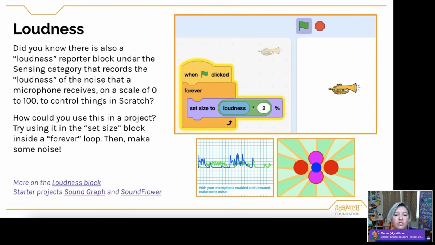But again, it's just an interesting way of thinking about sound. In this case, it's sound coming from your space. We're not recording anything. Nothing that's being said in this space is being recorded. It's just really understanding the loudness of the room. This can get tricky when you're in a classroom full of 20 people and you need everybody to sort of be quiet or be loud at the same time, right? So this is sometimes better done when you are in a space by yourself. But it is a really fun opportunity to explore really just volume, noise, sound. What does it all mean, and how can we use it to manipulate projects?